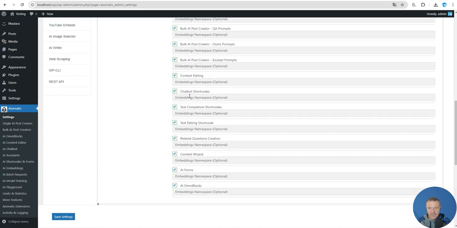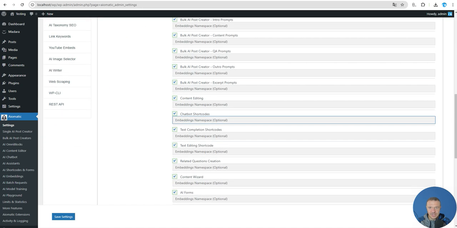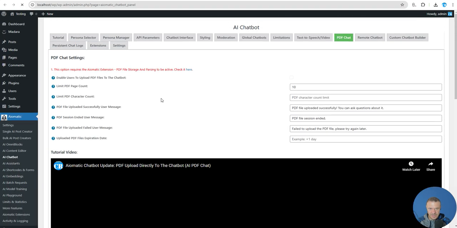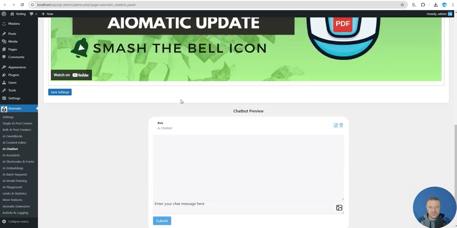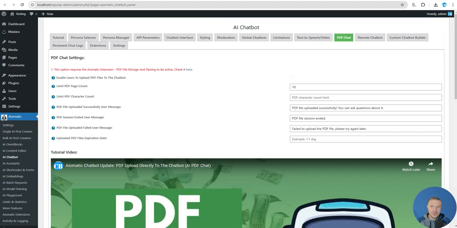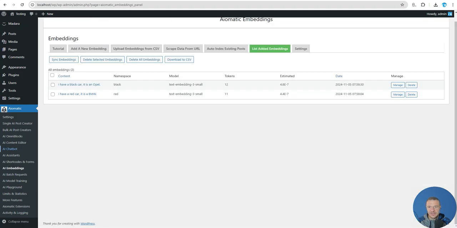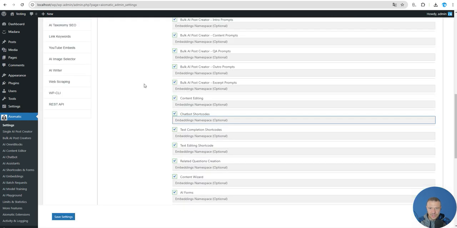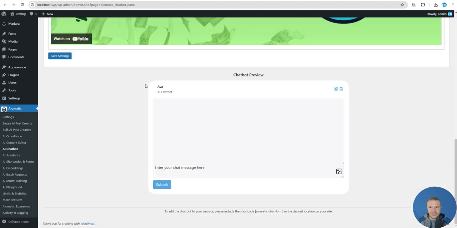So as you can see, the chatbot shortcodes has an empty embeddings. And now if I try this, then I will get no results, because if the chatbot namespace is empty and you have only embeddings with namespaces, then the AI will not have access to this data. For this to work, we will need to set the embedding namespace to a value which will allow the AI to access this